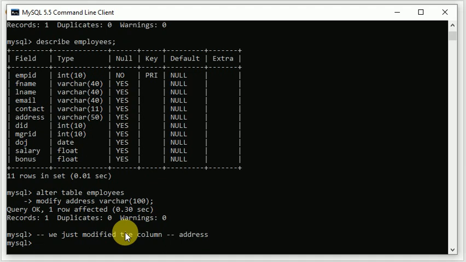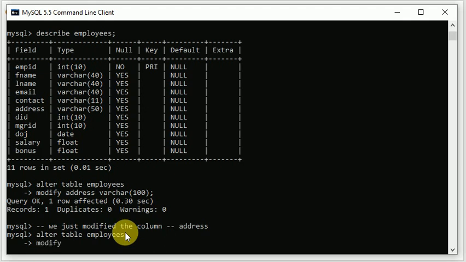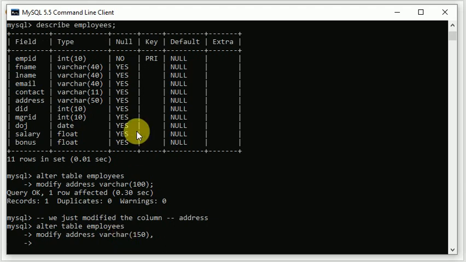Let us see that as well. Alter table employees, modify address, varchar, let's put 150 now, and comma,